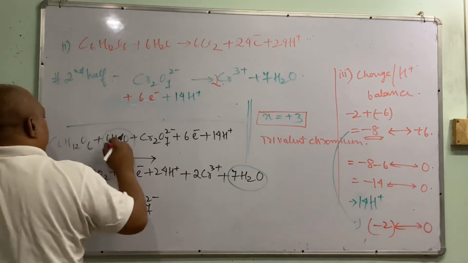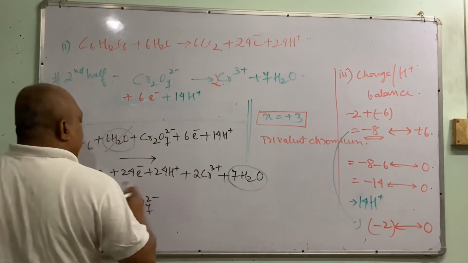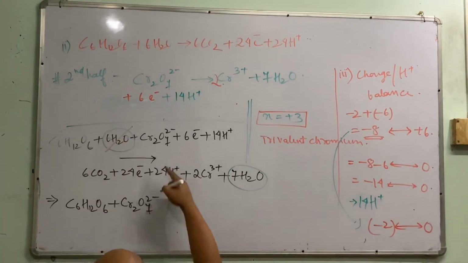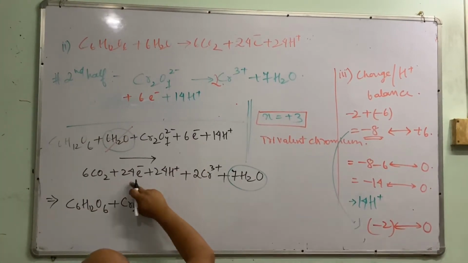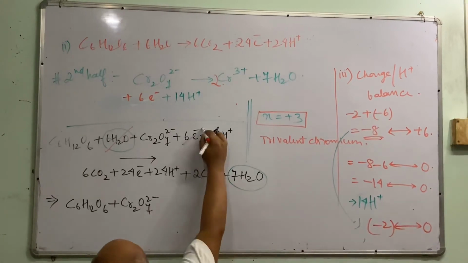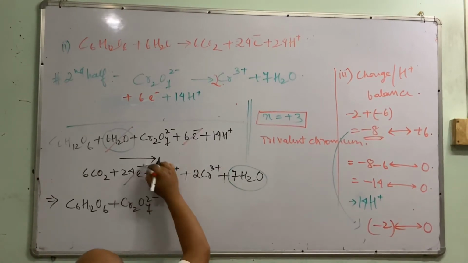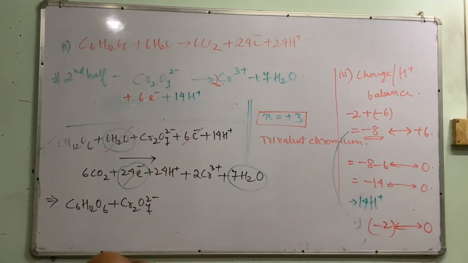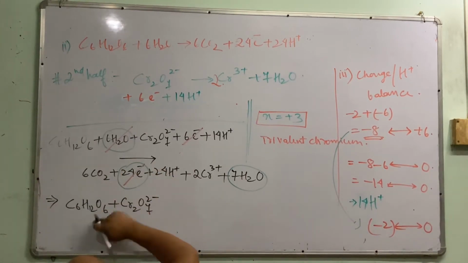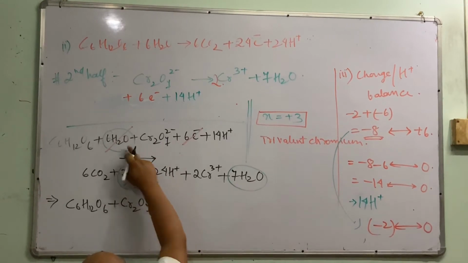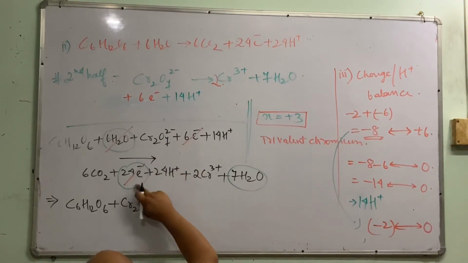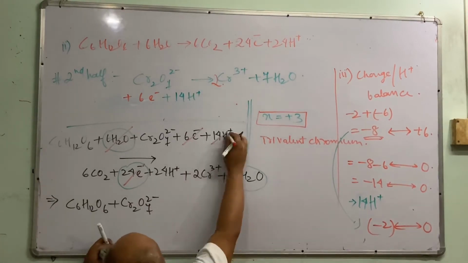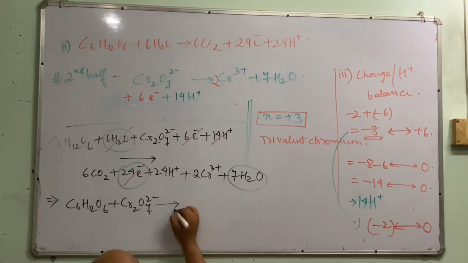This will be struck off. They will come on the other side. 6 electron and 24 electron, this also will be gone, and then here you will get 18. So 6 water molecules will not be there, 6 electron will not be there, 14 hydrogen, 24, this also will be gone. This will give the product